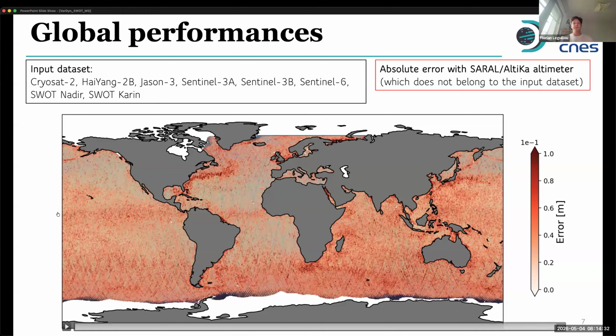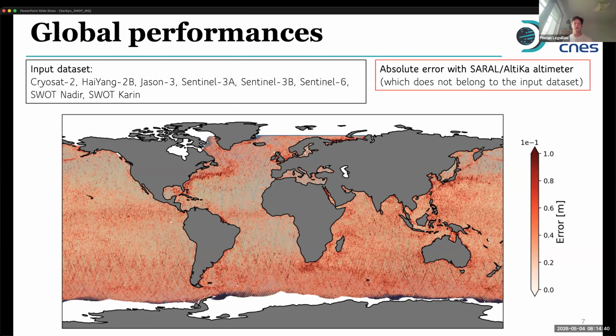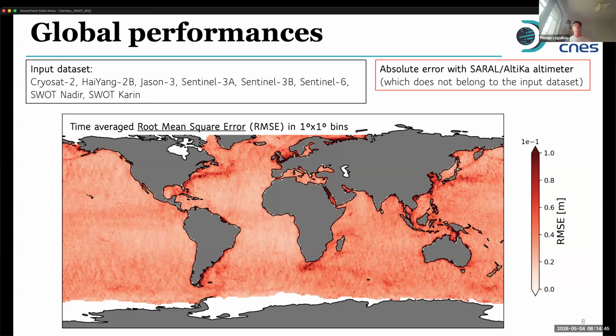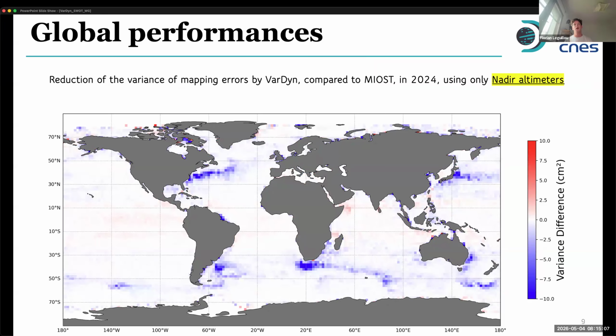2024. So when we have all these errors, the comparison between the independent altimeter and the maps, then we can compute some statistics. So here I'm showing the root mean square over 1 degree by 1 degree boxes. It's averaged over 1 year. And when we have that, we can compare these error maps between different products, and we can compute the reduction of the variance of the different mapping